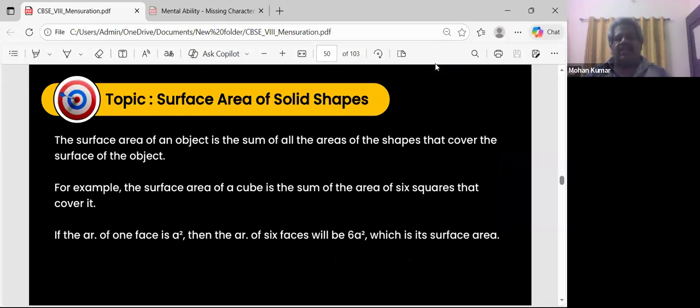Then, the topic: surface area of solid shapes. The surface area of an object is the sum of all the areas of the shapes that cover the surface of the object. For example,